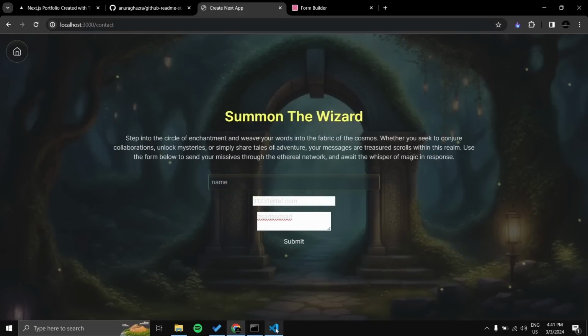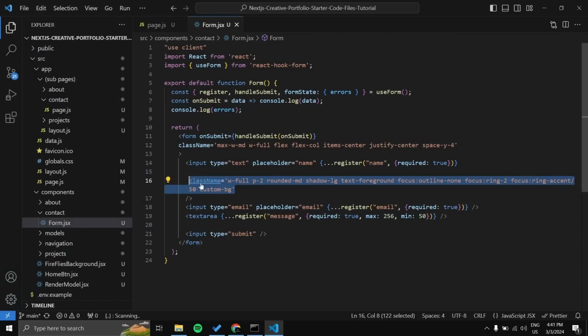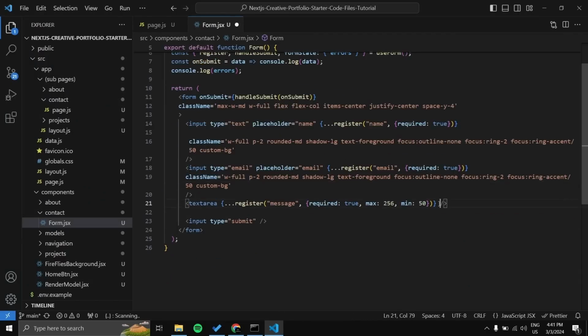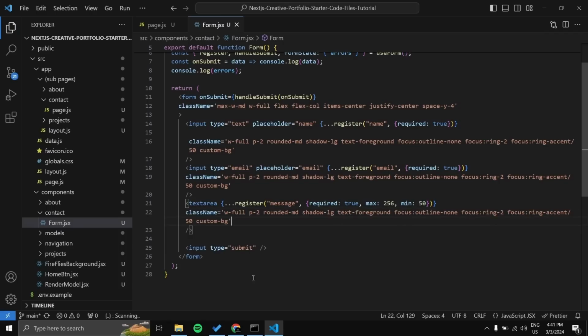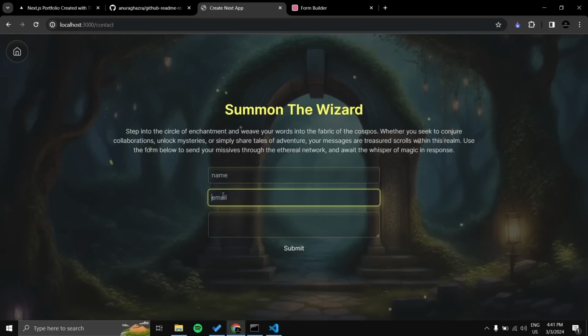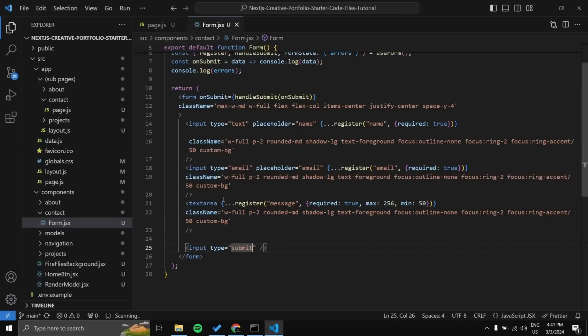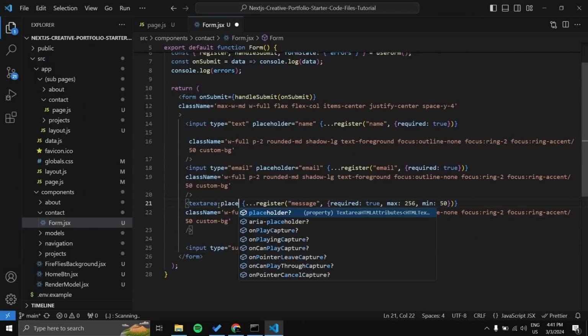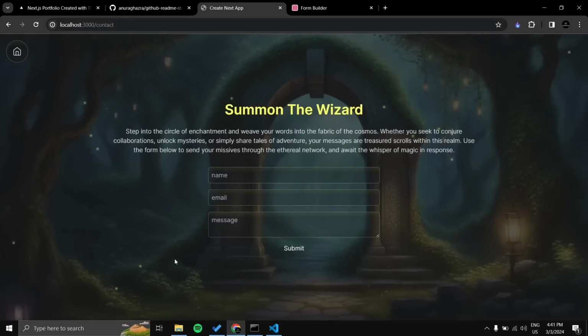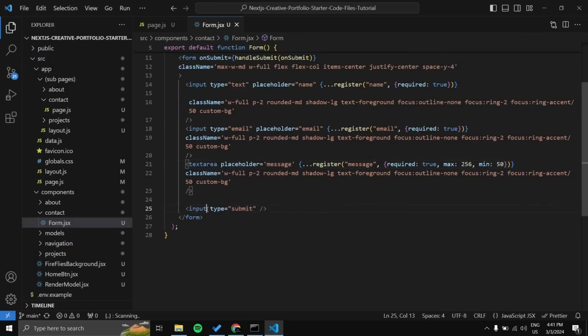Looks great. Let's copy these classes and paste it here as well, and here as well. Let's add placeholder that says the message. Now let's add